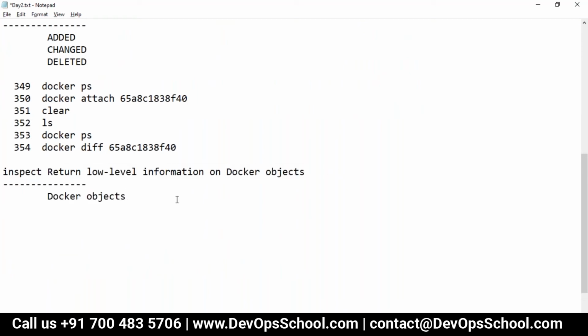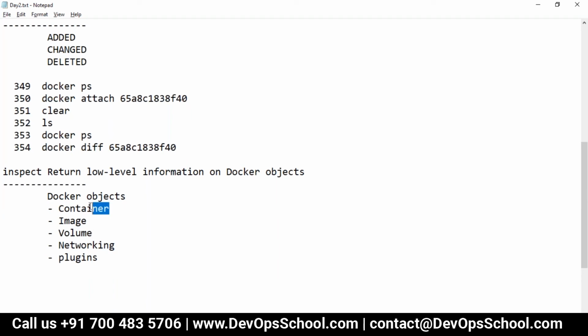When I say Docker objects, here I'm talking about the container, the image, the volume, which we have not covered so far, the networking, the plugins, many things. Any object you want to get information from, you can inspect that. Simple. Right now you know containers very well, you know images very well. So I'm going to inspect these, but yes, you can inspect anything.